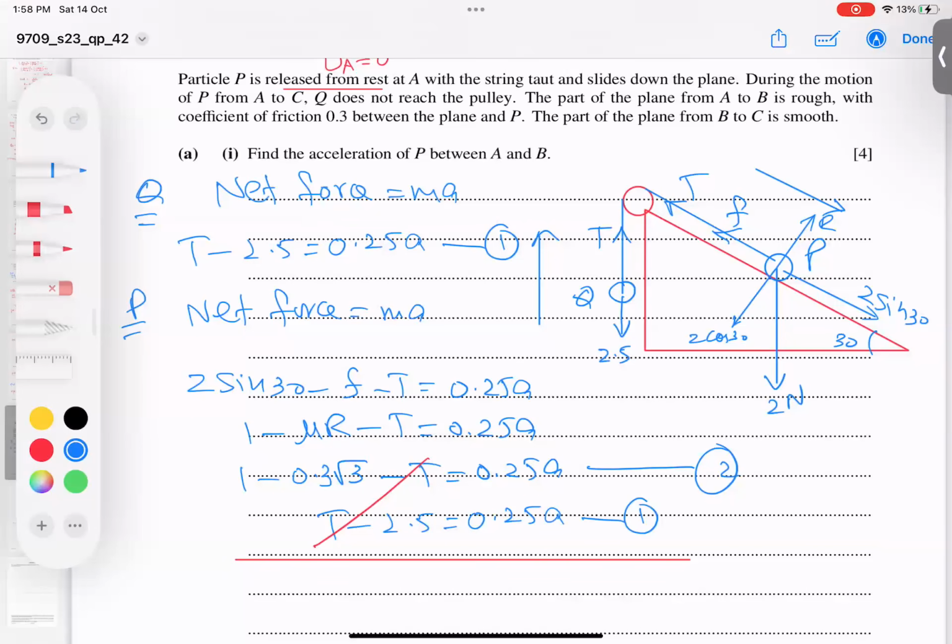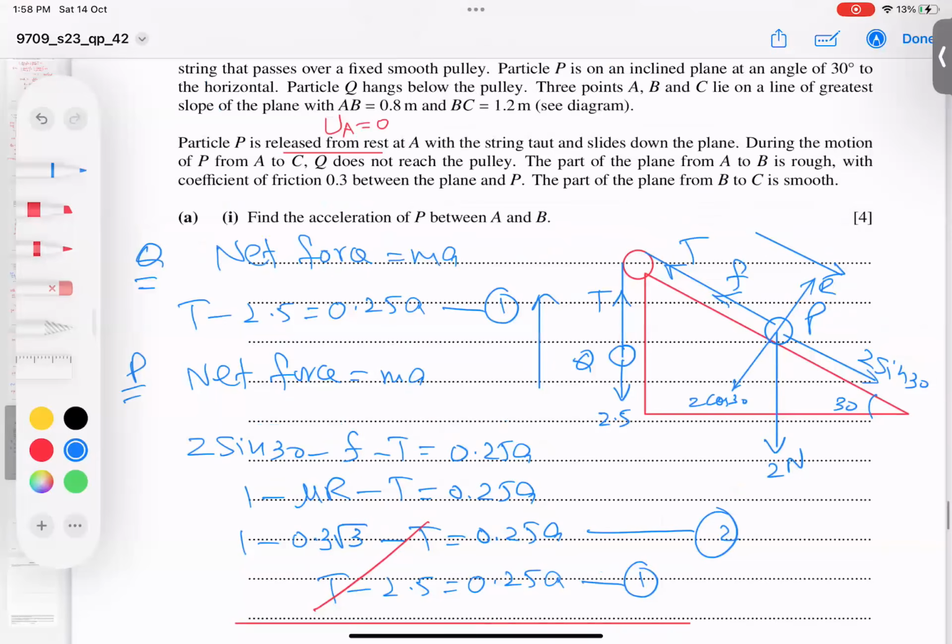Is there any mistake? It is accelerating, but why am I getting negative? Hold on. Net force, the system is going backwards, downward. Weight component 20 sine minus friction is equal to,